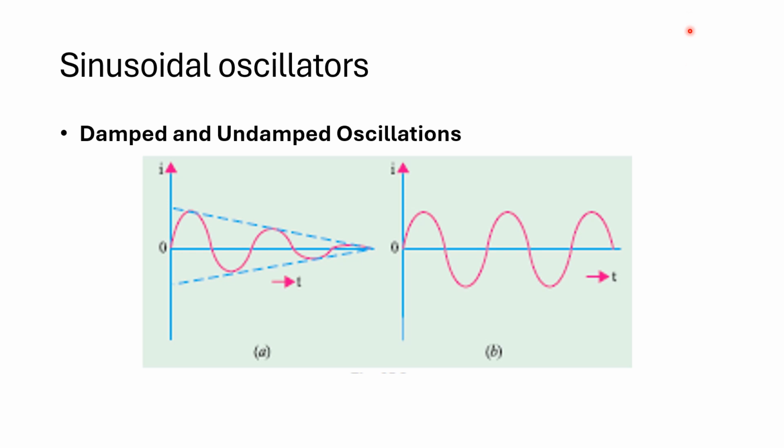So we have here on the right side an undamped oscillation. When we say undamped oscillations, the amplitude remains constant. There are no losses, or if there are, there is a provision for compensating for them. Usually, these waveforms are used as carrier waves for transmitting low-frequency audio information to far-off places. Usually this is our representation for oscillator circuits or sinusoidal waveforms.